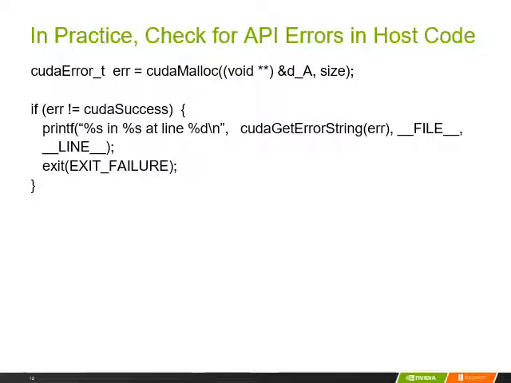Now we go back to the fact that all these CUDA API functions return an error code. So we see on the top, a good way of calling cudaMalloc and other API functions is to allow it to return an error code into an error variable declared as type cudaError_t. So this statement will allow the cudaMalloc function to return a value to indicate whether the execution was